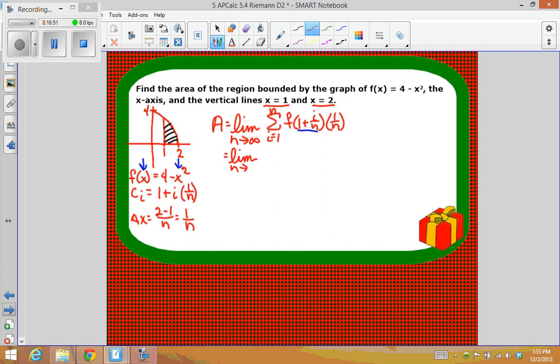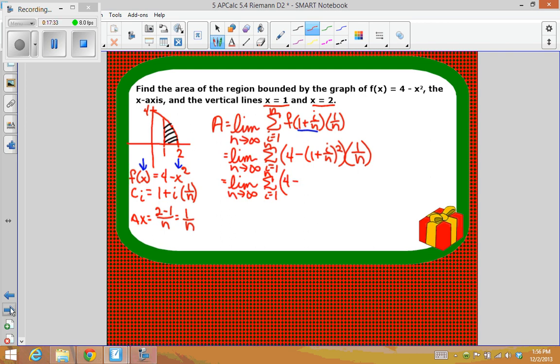The limit as n goes to infinity of the sum from i equals 1 to n of, in this case, 4 minus (1 plus i over n) squared, because that's 4 minus x squared, times delta x, 1 over n. Okay, this is where it gets a little bit complicated. We've got the limit as n goes to infinity of the sum from i equals 1 to n of 4 minus,